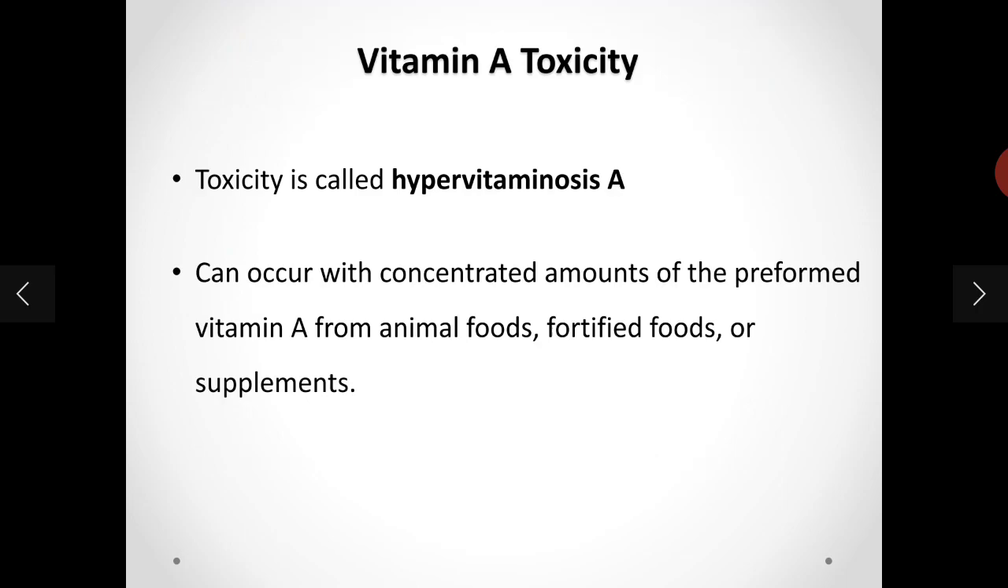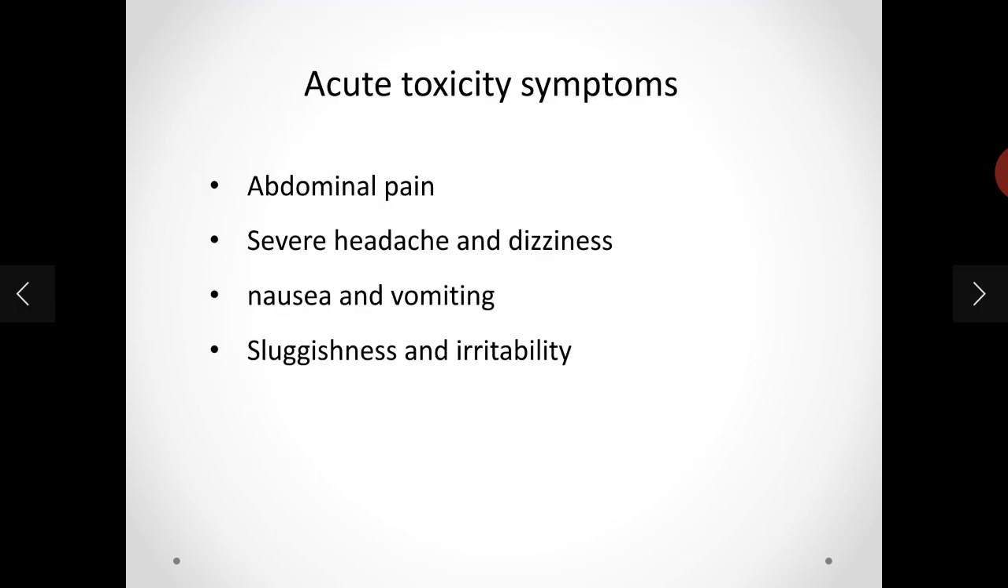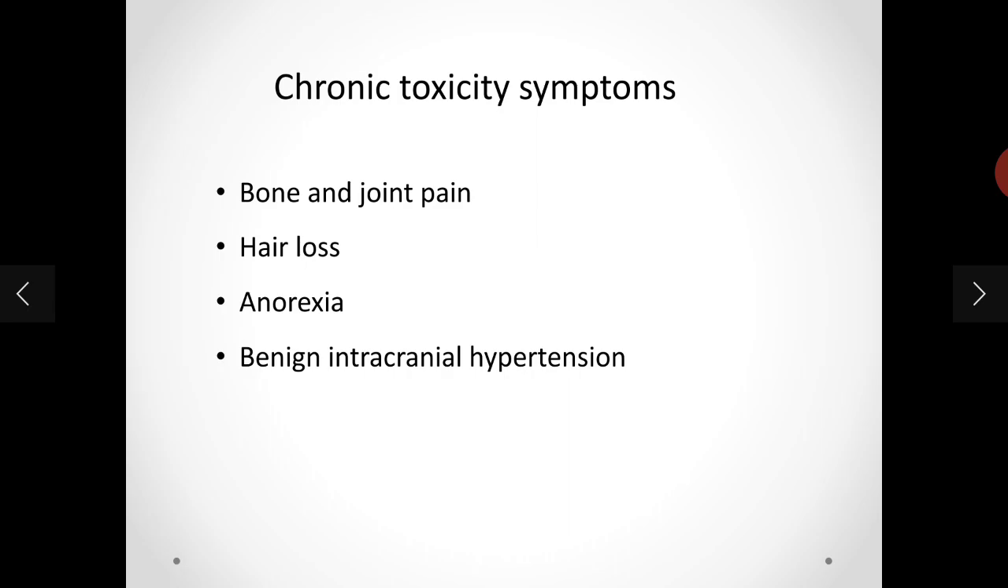Coming to vitamin A toxicity, as it is not readily excreted, over supplementation or excess consumption may lead to toxicity, which is called hypervitaminosis A, which can occur with concentrated amounts of preformed vitamin A from animal foods, fortified foods or supplements. So acute toxicity symptoms will be abdominal pain, severe headache and dizziness, nausea and vomiting, sluggishness and irritability, whereas chronic toxicity may lead to bone and joint pains, hair loss, anorexia, benign